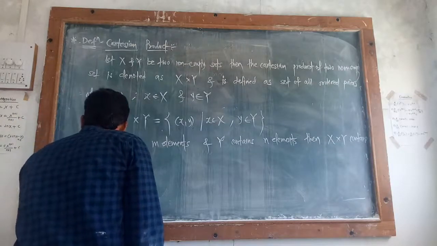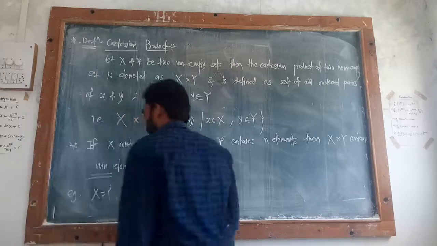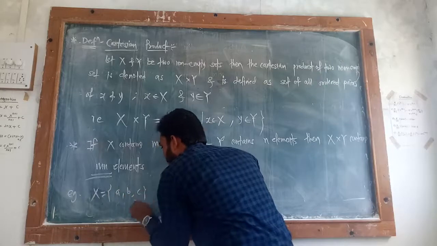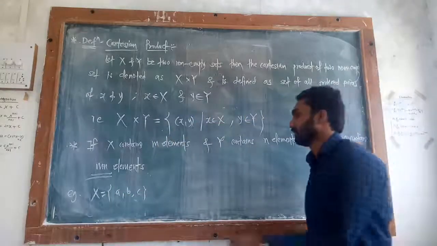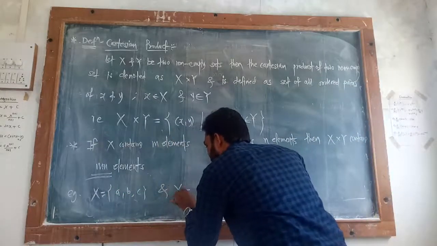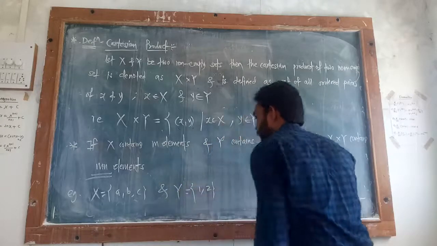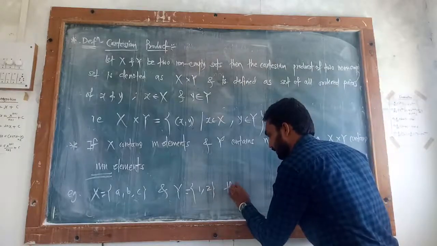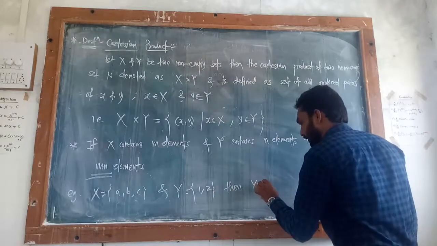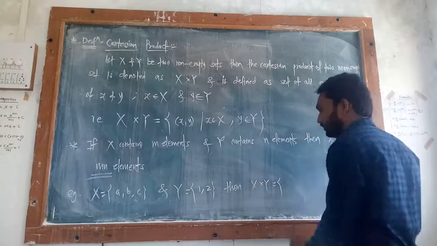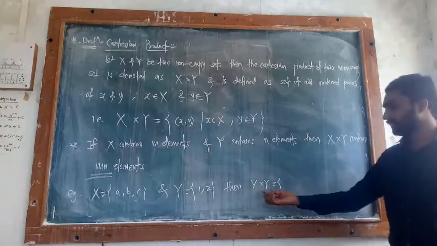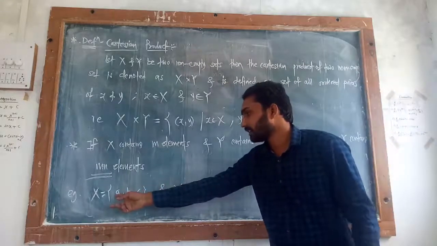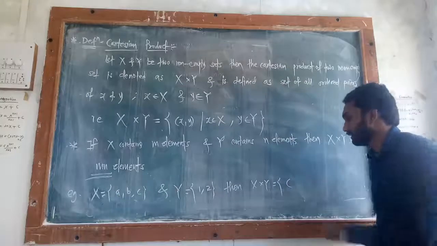If your set X contains small a, small b and small c, containing three elements, and if Y contains two elements, that is 1, 2, then your Cartesian product X cross Y is the collection of all ordered pairs (x, y). Take first a, X's element, then take